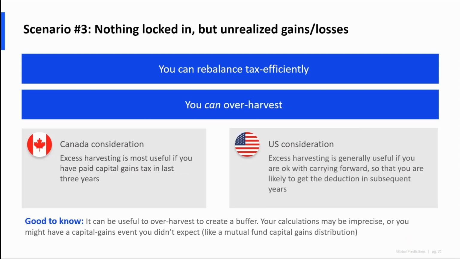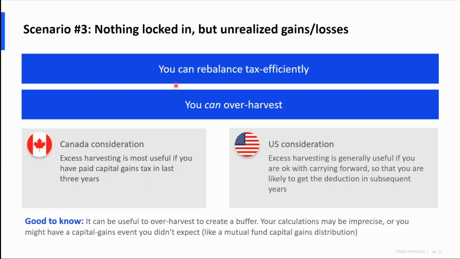And then this is not like a totally mutually exclusive framework, but let's say you haven't sold anything, you have some stuff that's gone up and down. It's going to look a lot like these other situations in terms of the principles. If you do want to rebalance, just make sure that when you do rebalance, you're matching your gains and your losses before the end of the year. So you don't rebalance, then wind up with gains and then be like, oh, I should have harvested those.